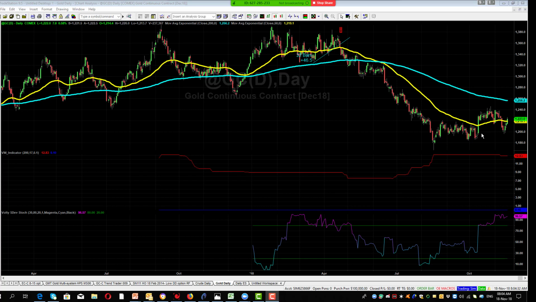But if we're looking at technically the chart here at the moment, we've kind of bottomed out a little bit here. We're getting some support between 1240 and 1180, which is great. Obviously there's opportunities there on an intraday basis, and we're going to talk about that in a minute.